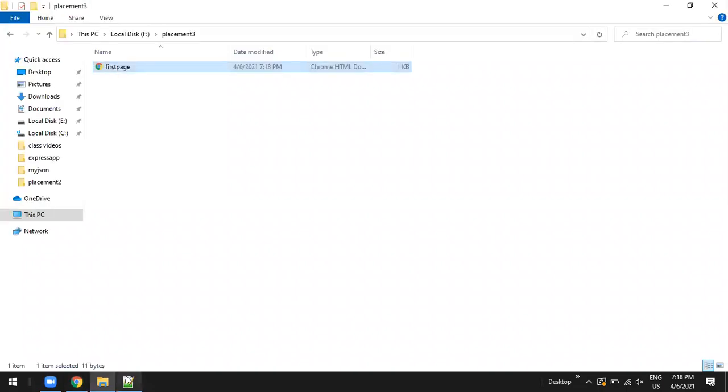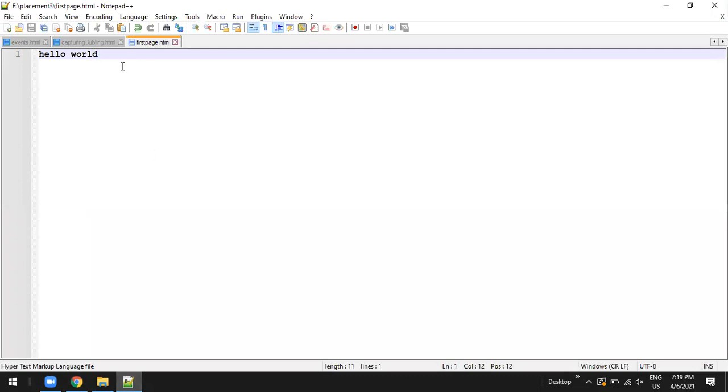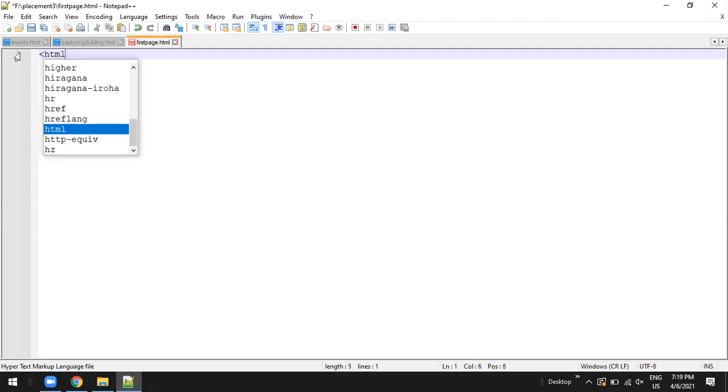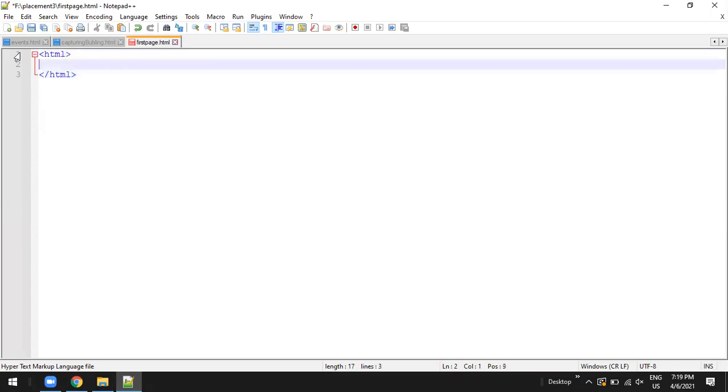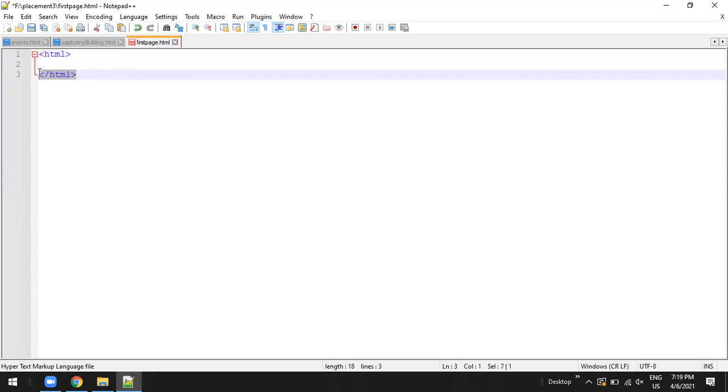Okay, hello world. Next. So here in this program, in this file, I have to write HTML. This is called the HTML open tag and close tag. Okay, this is called the open tag and this is called the close tag. How did I get this?